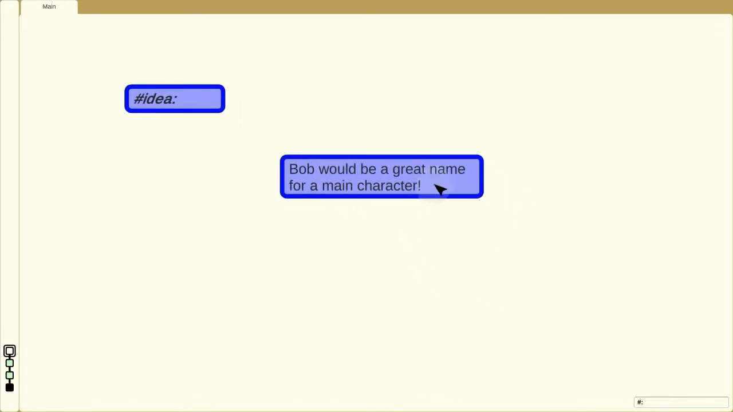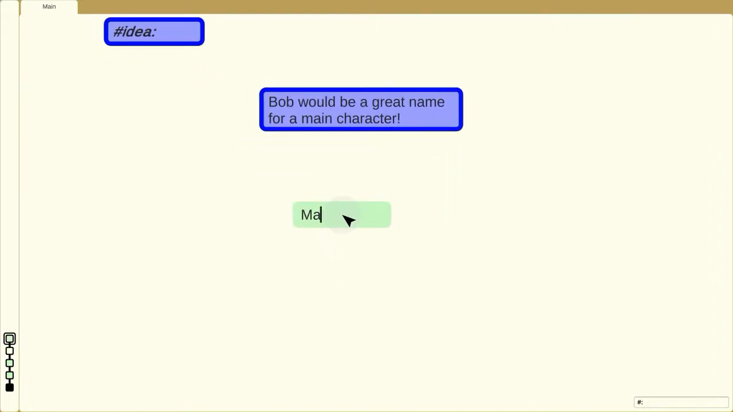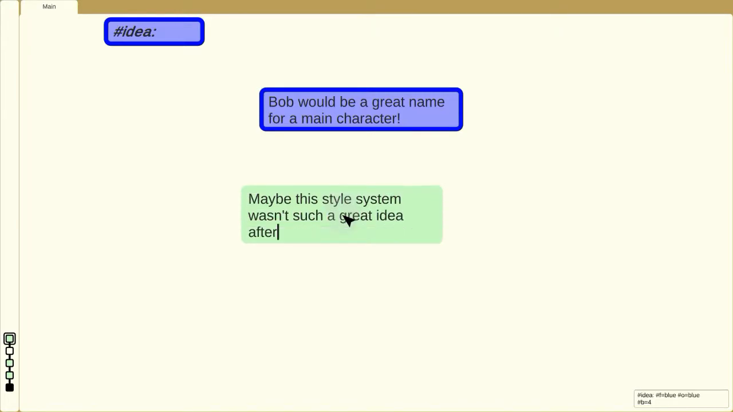But idea is a common word. What happens if I use it in a normal sentence? The answer is nothing. Lisa automatically understands that idea is a style tag, so she ignores it unless I include the hash. With this system, defining styles and formatting takes just enough effort to discourage fiddling, but once I have